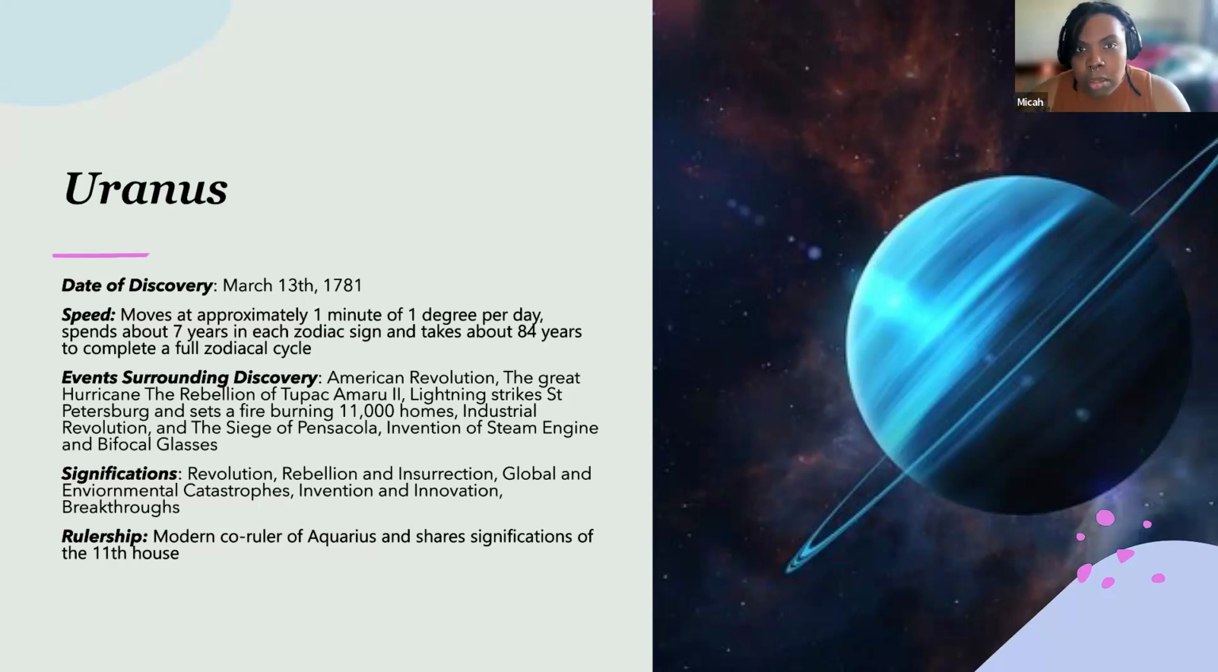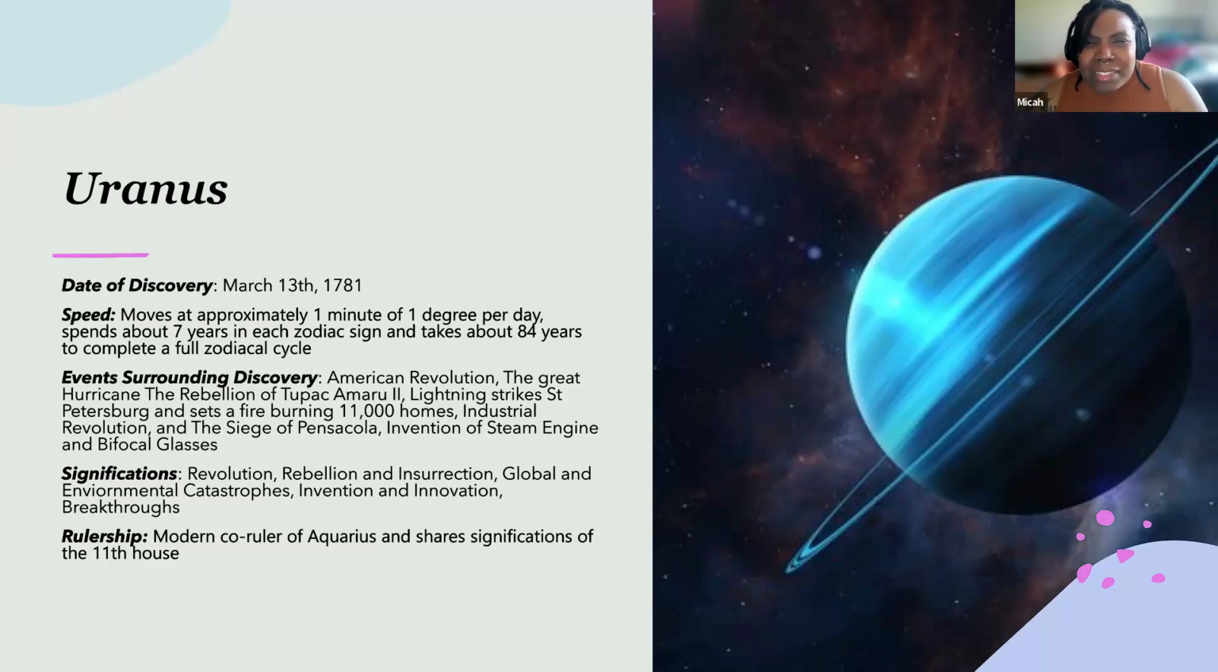We had been stuck looking at the sun through Saturn for so long. When Uranus was discovered, it itself was a breakthrough. And so it came to be signified with revolution, rebellion, insurrection, global and environmental catastrophes. In particular, as we get closer to the Jupiter Uranus conjunction, that'll be happening at the end of April in Taurus,